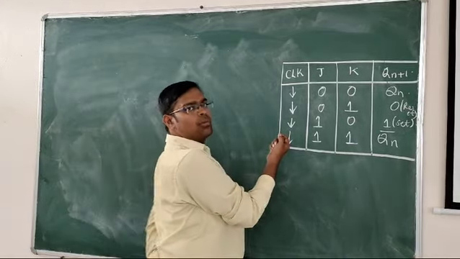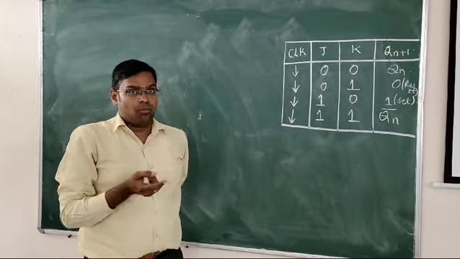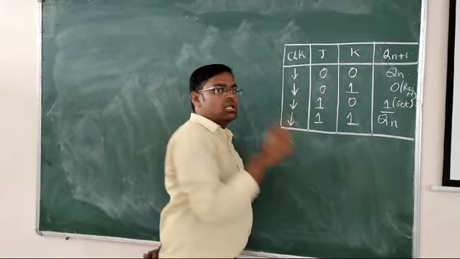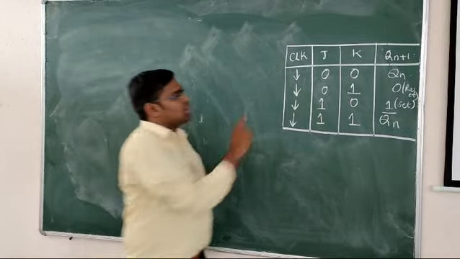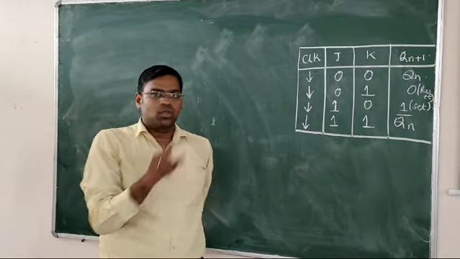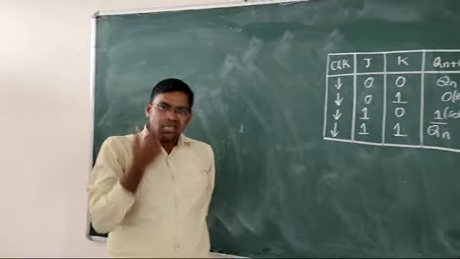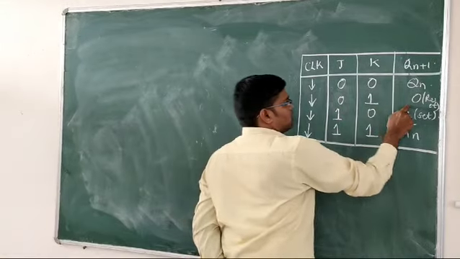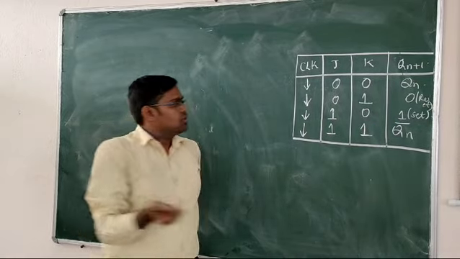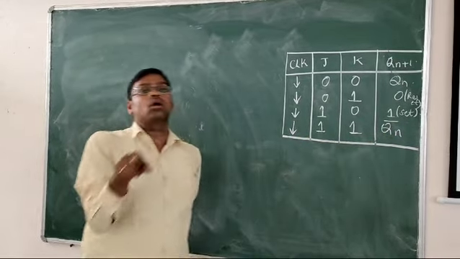If we see the JK flip flop outputs, here I am taking the negative edge triggered flip flop. That's why the clock pulse is going downwards. If we give the input as 0 and 0, the next state Qn will be the same as its previous state. If I give 0 and 1, then the output gets reset, that means it will go to 0. If I give 1 and 0, it will get set, set means setting to the value of 1. If I give both inputs as 1, then the next state will be the toggle of its previous state.